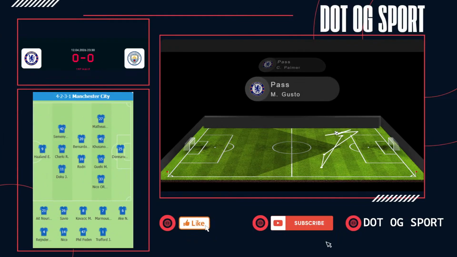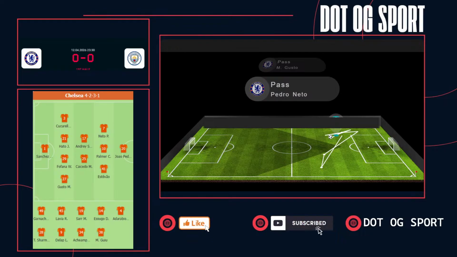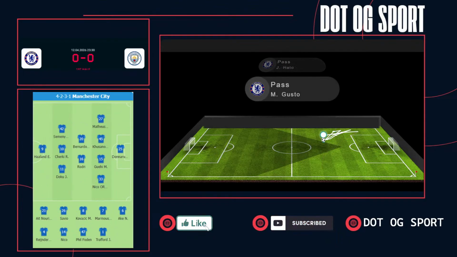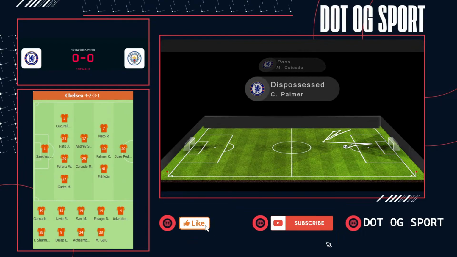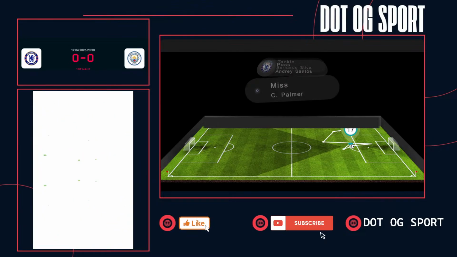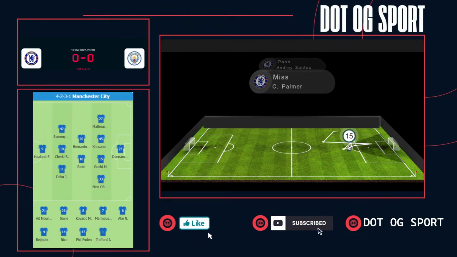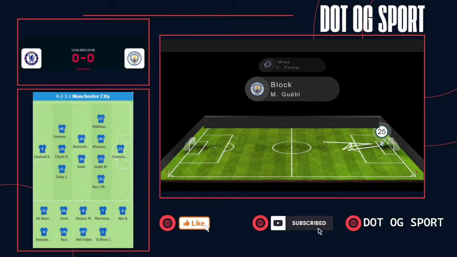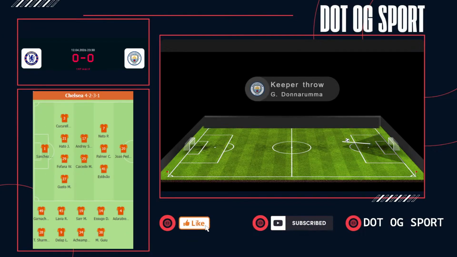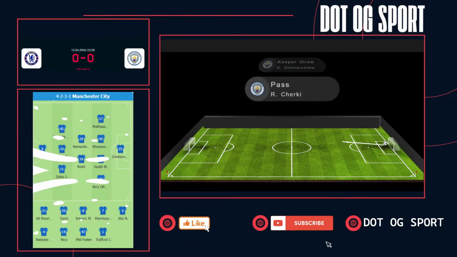but Cucurella was there with a touch, and Cucurella throws the ball back towards Fofana, and then Hato gets a touch, and Chelsea trying to play through the middle. An ambitious ball looking for Cucurella, didn't quite come off, and so it's going to be a throw-in for Man City. And Pep Guardiola dressed in black today. He's got a black jacket on in contrast to Enzo Maresca in the